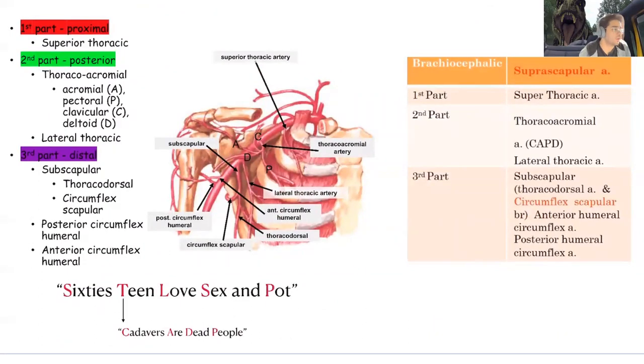Now, this one always scares people. What you do need to remember is that there's a nice mnemonic for this. It's a little dirty, but the dirtier the mnemonics, the easier they stay in people's heads. 60s teen, love, sex, and pot. Okay. So what am I talking about? You're like, what is he talking about? What is this confabulation that's happening here? Now, the most proximal thing for S, right, 60s, is the superior thoracic, right,